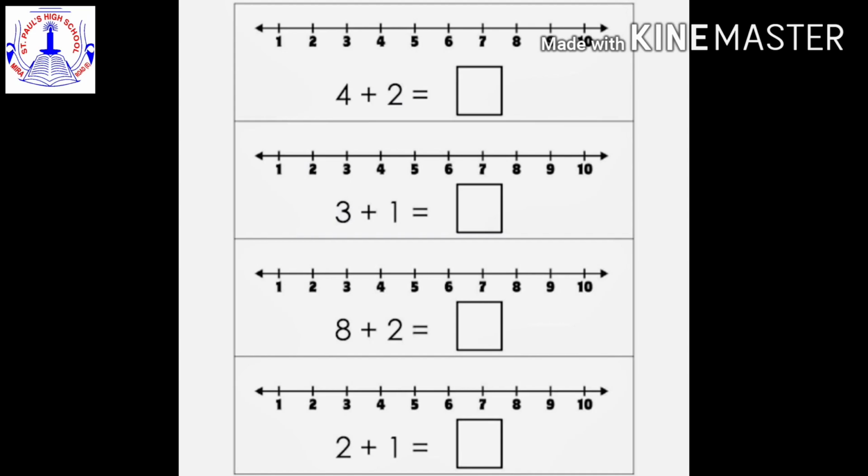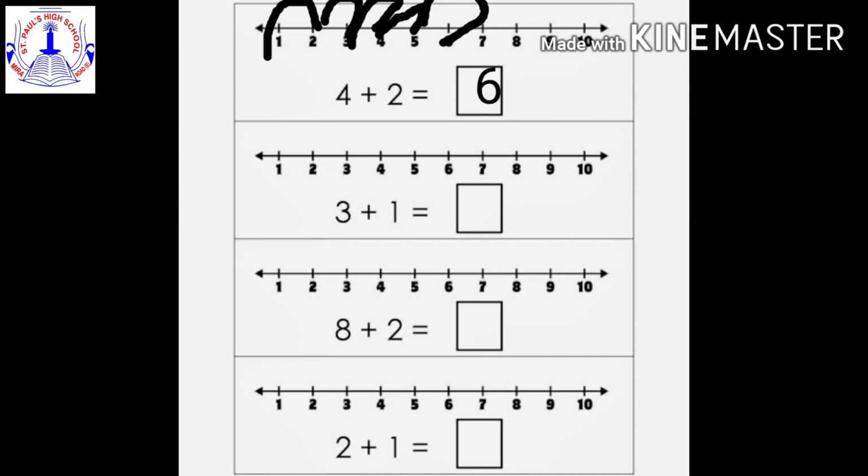Now can you see the line given over there? The number line. Now you have to start counting from 1 and make jumping lines till 4. Okay? So when you reach 4, they have told you to add 2 more. So after 4, jump 2 more numbers. Let's count: 4, 5 and 6. So what is 4 plus 2? 6. So you got your answer, 6.